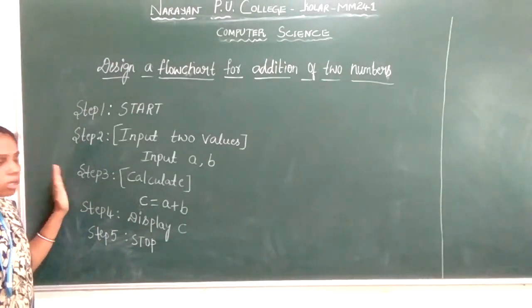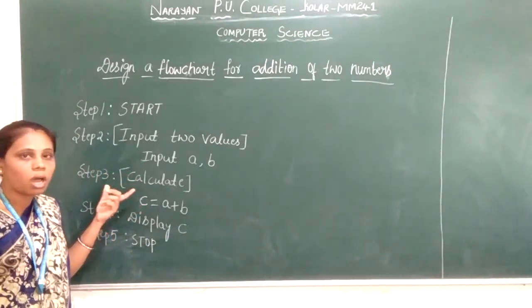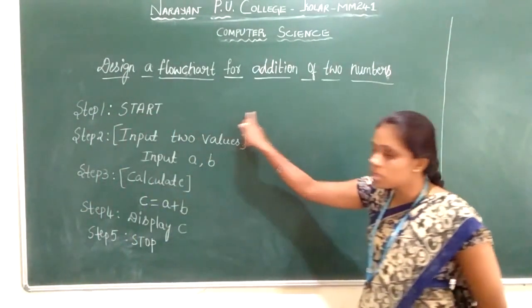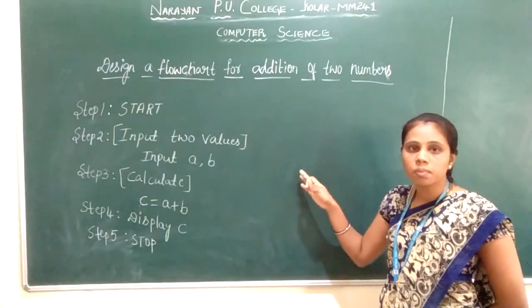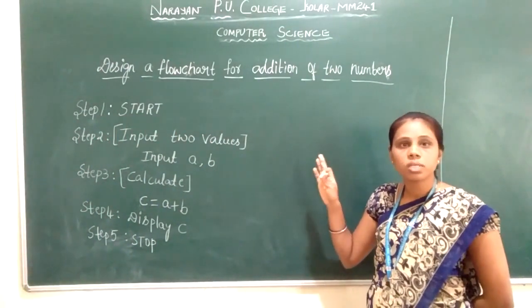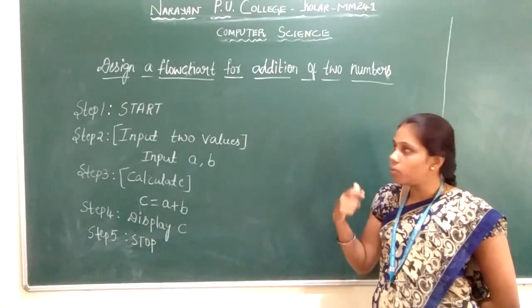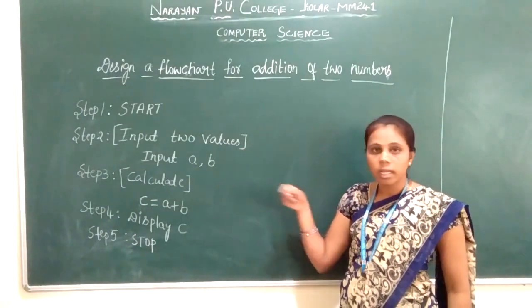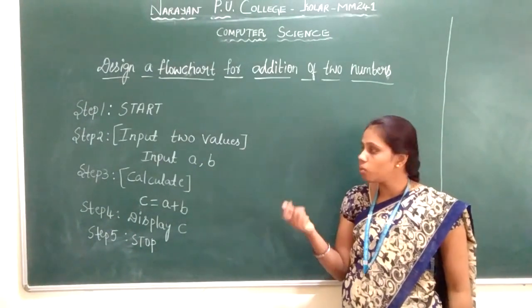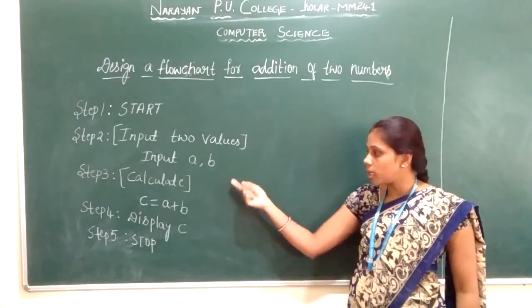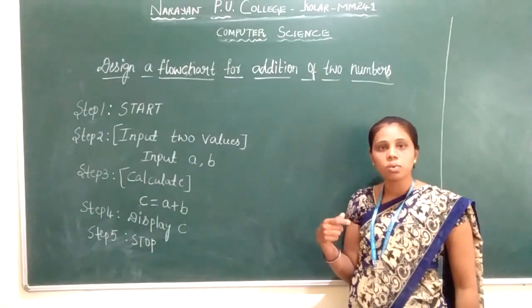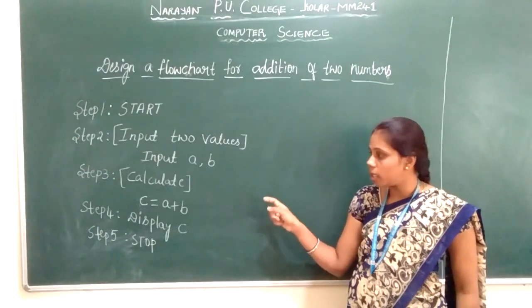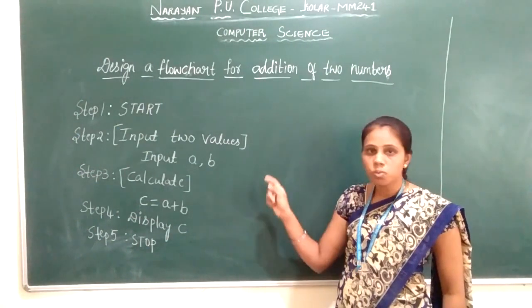Now we'll design an algorithm for addition of two numbers. By using this algorithm, we'll design a flowchart for addition of two numbers. We have seen the steps involved in designing a flowchart. The first step is we need to understand what the problem is. Next, we need to see what inputs we should give to get the desired output. In the next step, we need to have the calculations, and after that we can see the test data. Test data means we can give n number of values to this, and we can check whether the given operation is performing according to the given requirements or not. That is what the steps involve.